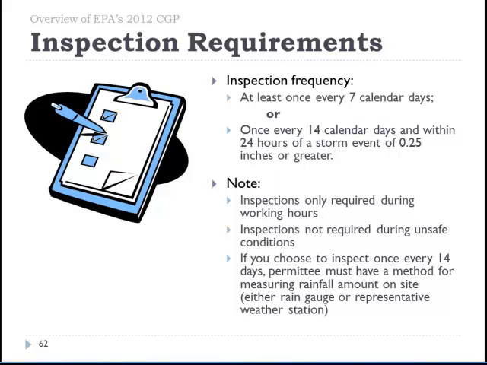or if you're conducting your inspection frequency according to the schedule where you need to conduct it after a quarter-inch storm event, and if the storm event occurs on your Saturday, you would not be required to conduct that inspection within 24 hours of Saturday. You would wait until your normal working day, which would be Monday, to conduct the inspection.